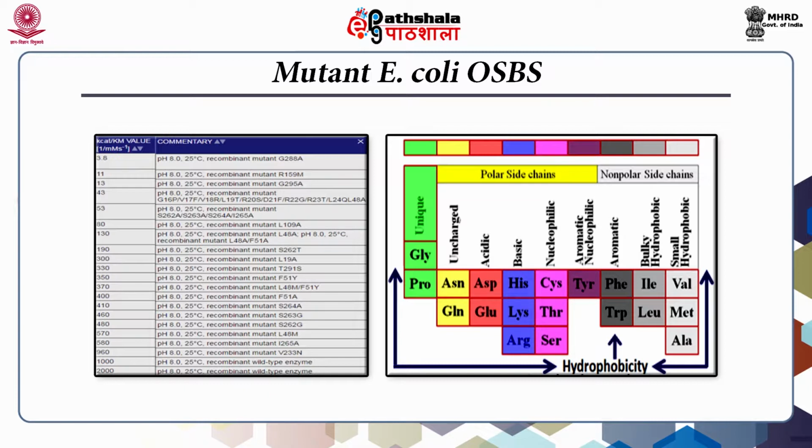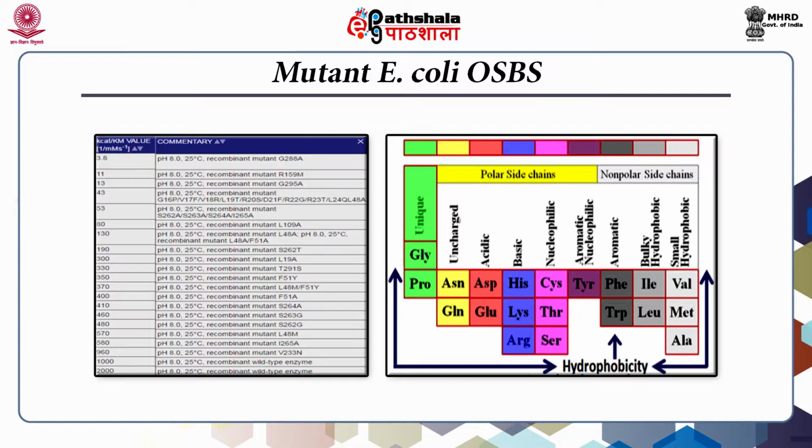Therefore, mutating any of these residues as per physicochemical similarities is expected to increase or decrease catalytic efficiency, but slightly, not drastically. However, drastic reduction in kcat/Km from 2000 to 3.8 indicates that only physicochemical criteria for planning mutations is